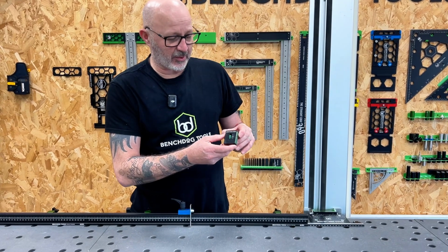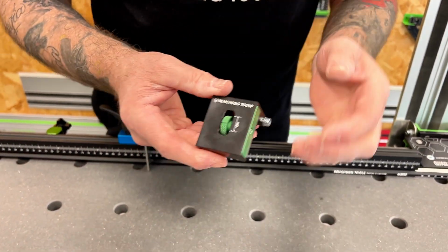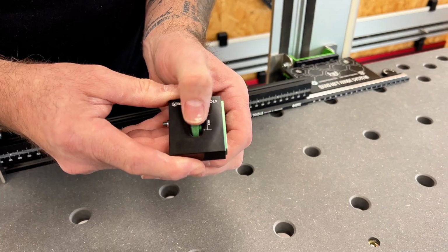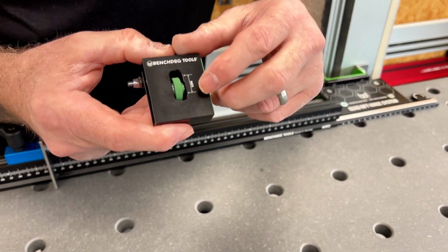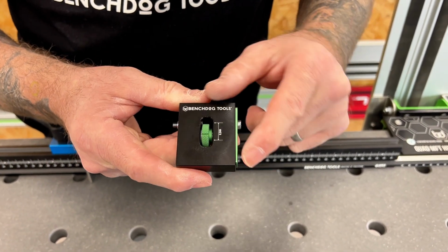So here is our new product, our flip flag stop with micro adjust. As you can see here, it's made of quite a few components. You've got your turn wheel here, which allows for your micro adjust to come out and in. This micro adjust is on a 0.8 pitch, so each full turn of the wheel will come out 0.8